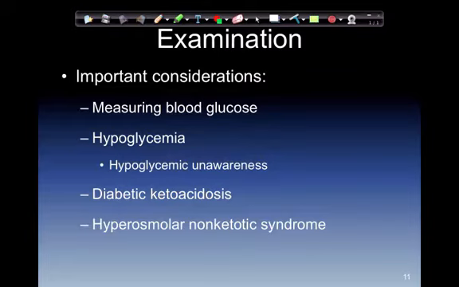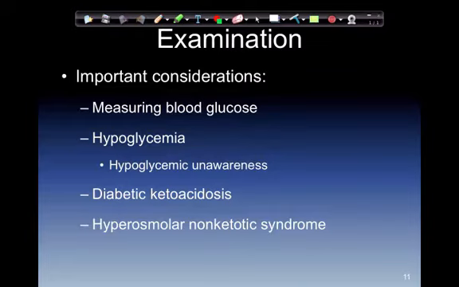Hypoglycemia, symptom pattern associated with hypoglycemia as a result of a release of catecholamines such as epinephrine. Now, the neuroglycopenic symptoms result from sympathetic stimulation. The hypoglycemic unawareness, patient with chronic diabetes may not present with classic symptoms pattern of catecholamine release. A normal response is blunted and the patient may not have recognizable signs.